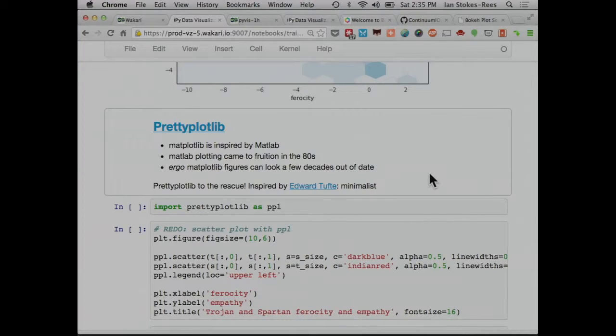Prettyplotlib. One of the issues with Matplotlib is that it's meant to look just like MATLAB in every way possible. And MATLAB's visualization pieces were developed predominantly in the 1980s. What's the outcome? A lot of the graphics that are produced end up looking very much like 1980s graphics. Prettyplotlib modernizes a lot of these things. It's also inspired by Edward Tufte in terms of being minimalist, not having information in your plot which is superfluous. And so it updates the look of